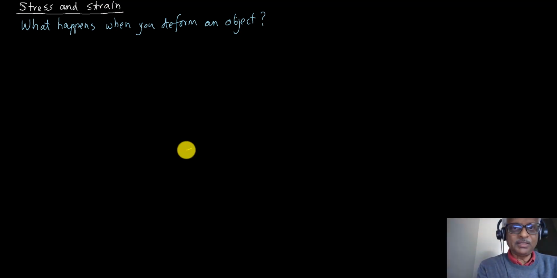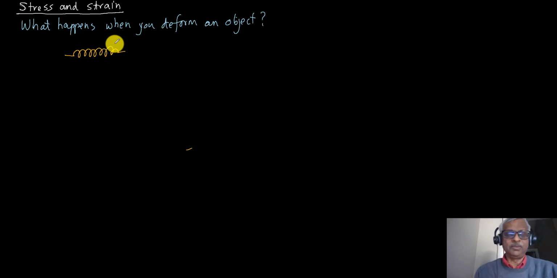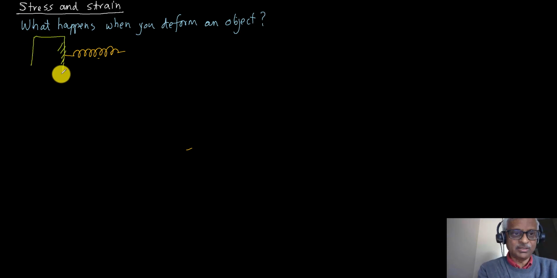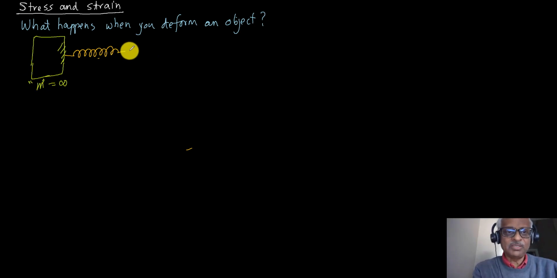So the simplest object is, say, you have a spring. You learned that you can deform the spring in this way. So one way we do it is like, okay, this side you attach to some very large body, so m is infinite, but on this side I can hold it by hand and pull on it. So this is my hand, I pull on it,